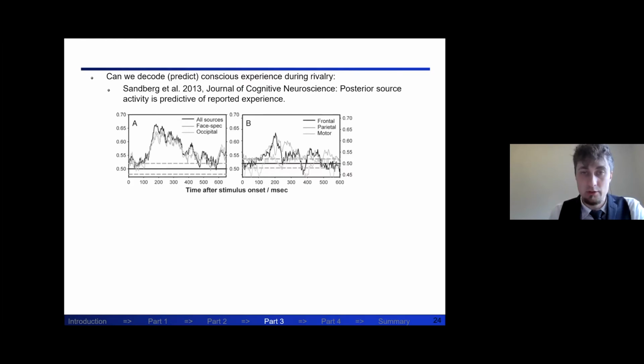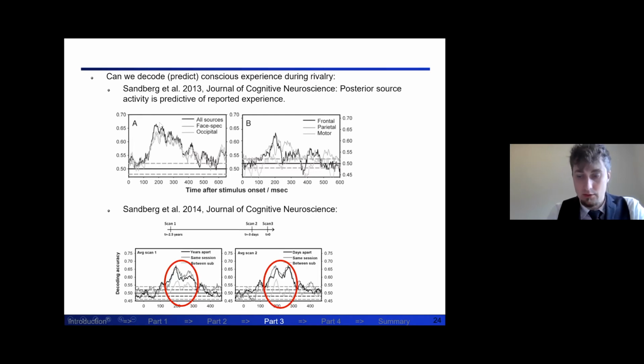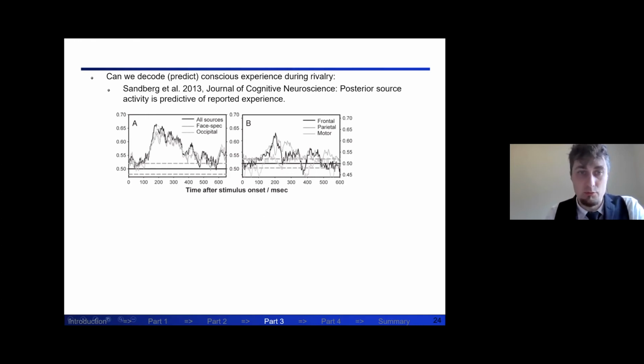So based on the MEG signal, how accurate are we when we want to guess what a person is seeing at any given moment? And this is from the 2013 paper. And what we did again was we construct activity in source space. Then we train support vector machines, so basically every 3 or 5 milliseconds or something like that after the stimuli come on. And then at some point, you can see the accuracy increases. So all of a sudden the MEG signal shows us with some accuracy what people are perceiving.